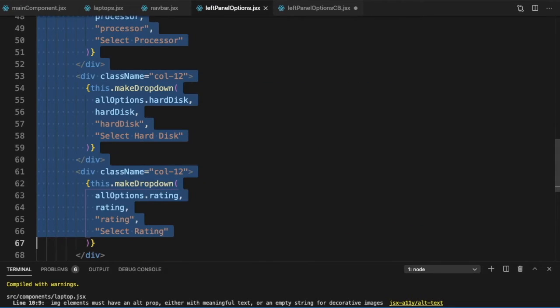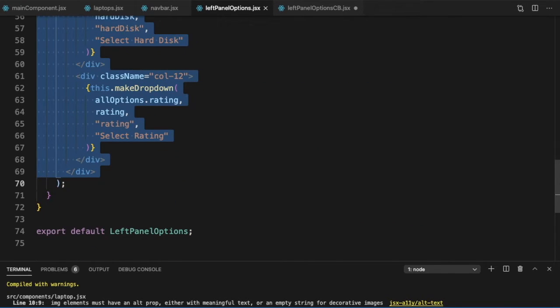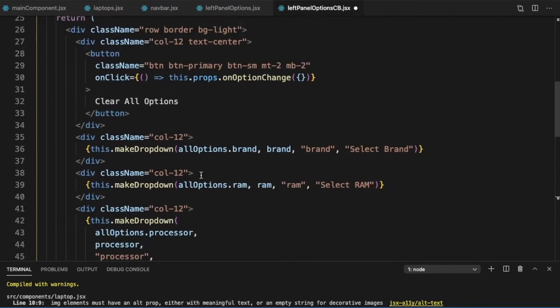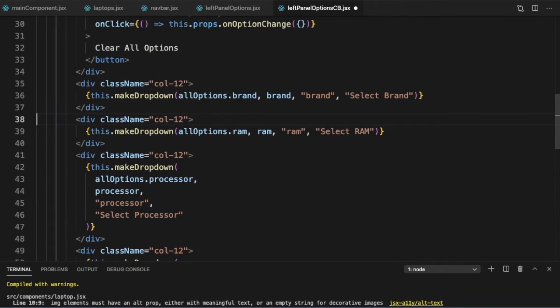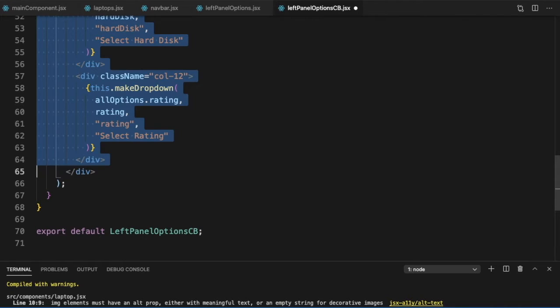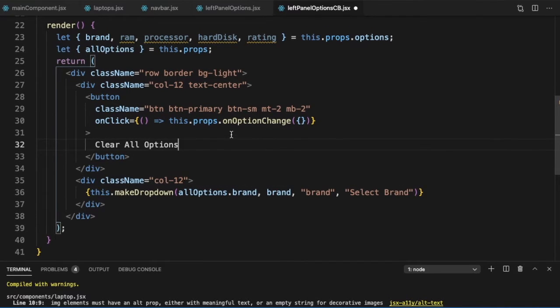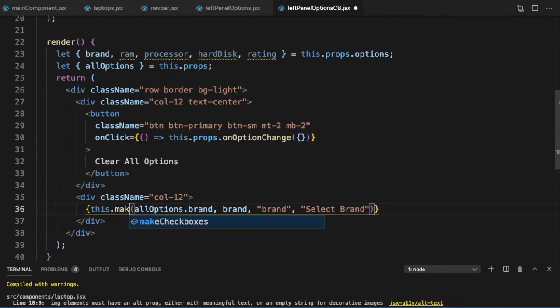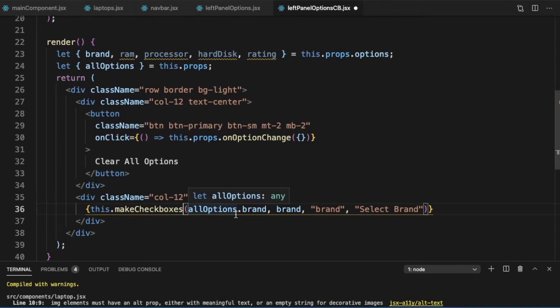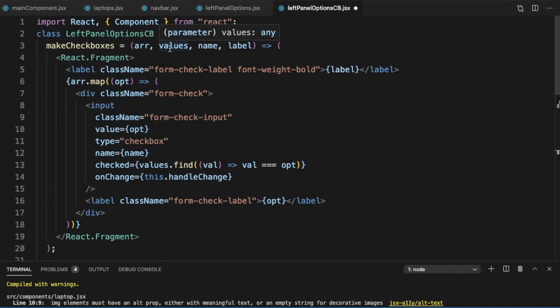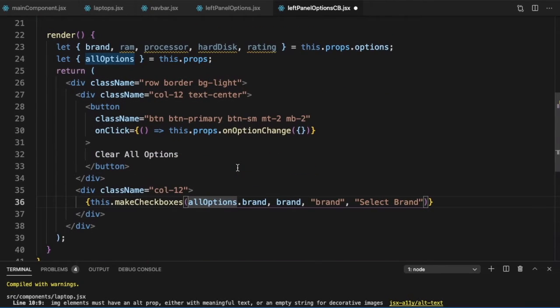Let me just copy this whole thing. And here we will need to say make checkboxes. And what are the parameters make checkboxes takes? It takes the array, it takes values, which will be an array of values. So this values is an array because it can have multiple values.